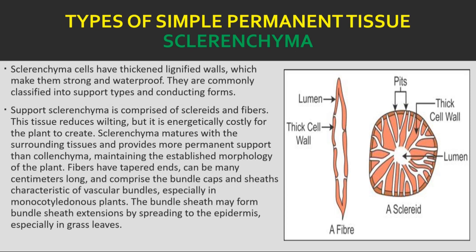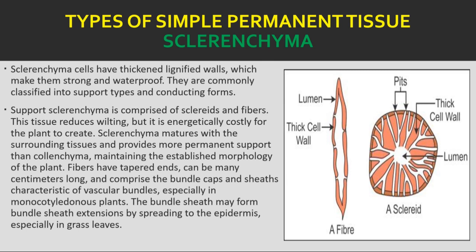So it reduces wilting, but it is very much energetically costly for the plant to create this sclerenchyma tissue. Now sclerenchyma matures with the surrounding tissue and provides more permanent support than collenchyma, maintaining the established morphology of the plant. Fibers have tapered ends and can be many centimeters long and comprise bundle caps and sheaths